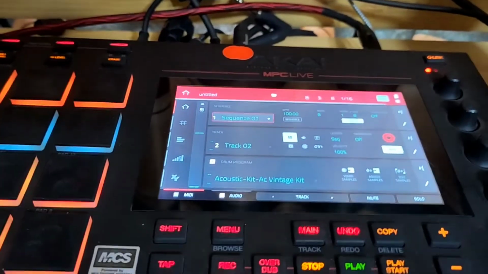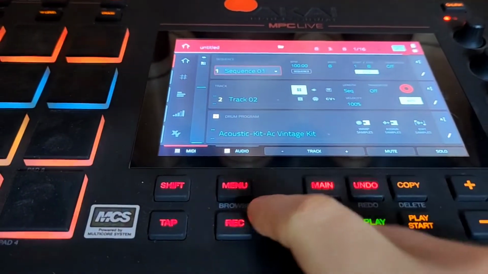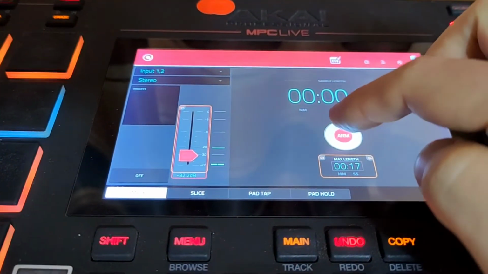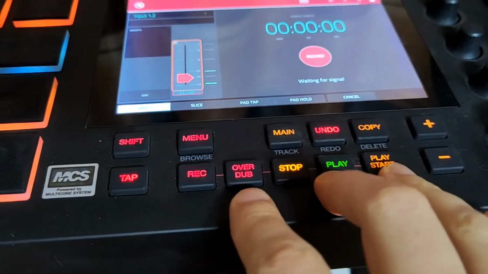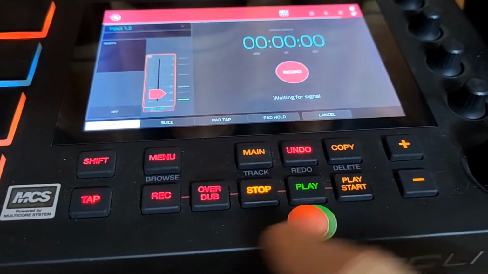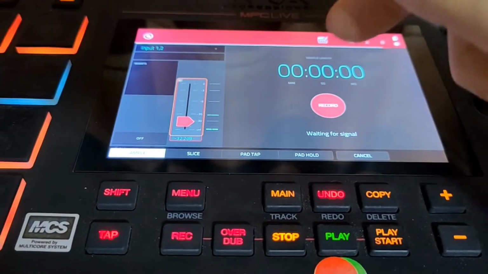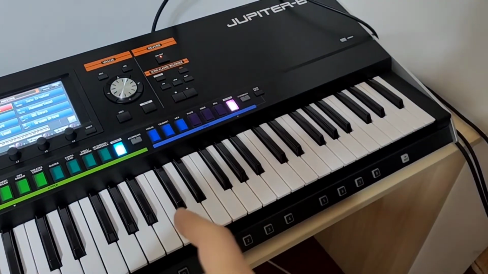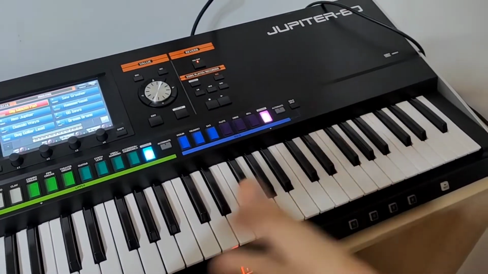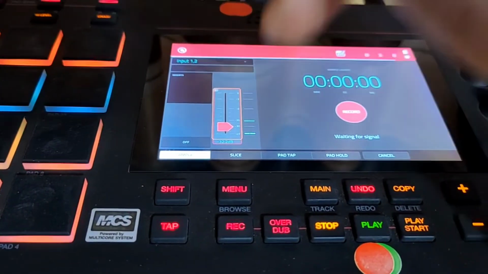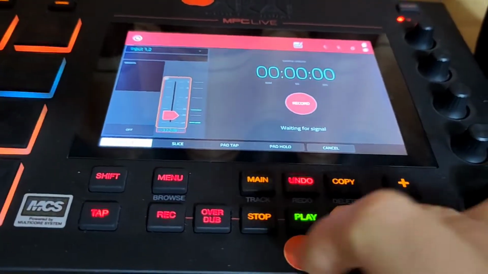Okay, now I'm going to show you about the timing, okay? We're going to go over here to Menu, click on Sample. We're going to arm it like this. Then we're going to press Play Start on here, and we're going to play something in time with this, and then we're going to put it into the music, and I'll show you what I mean about the timing not being right, okay? Because the attack on this sample is quite high, so the sound has to amp up, and it's going to take some time to hit the trigger at this level. So let's play start, and then